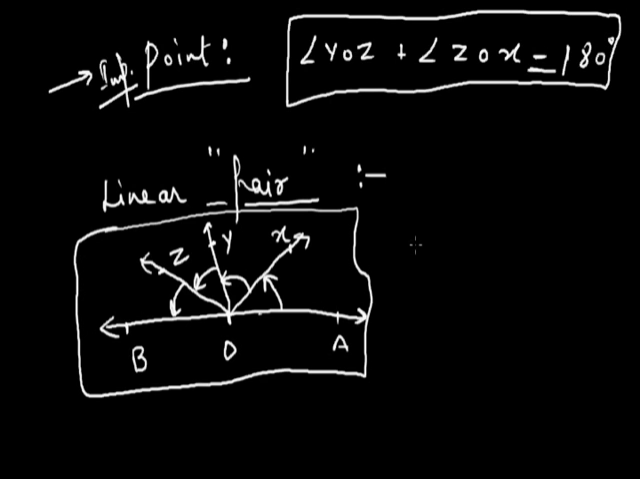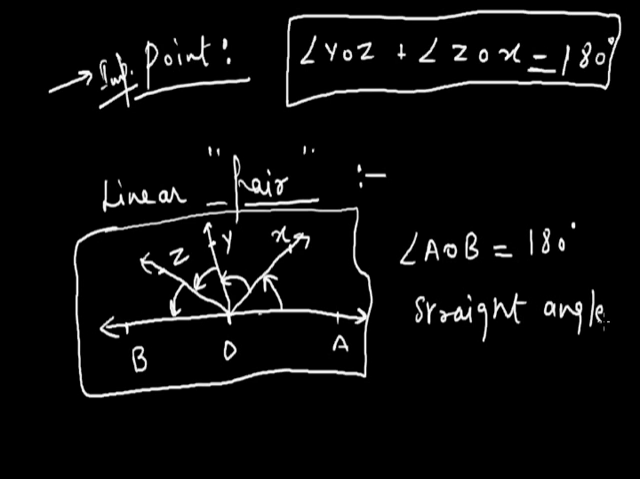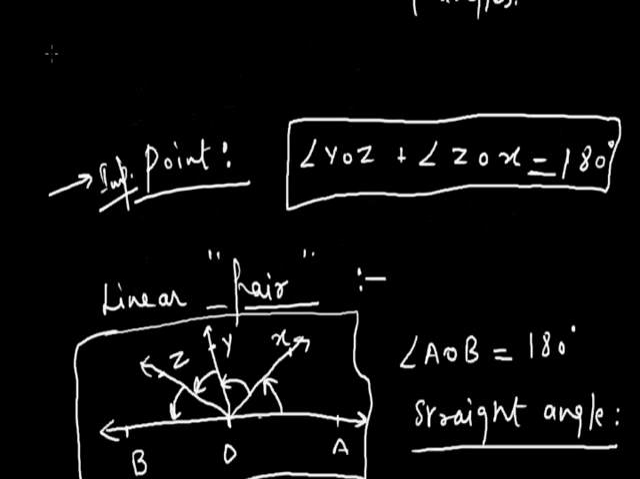Here we will conclude that angle AOB is equal to 180 degrees. This angle AOB is called a straight angle. What is a straight angle? The angle between two opposite rays having a common vertex is called a straight angle. So the sum of all those four angles which are in the diagram